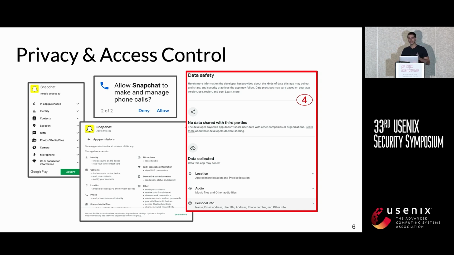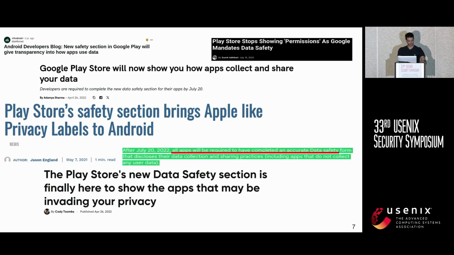So Google decided to integrate a new feature in the Play Store, the Android's data safety section. This new feature provides information about which data are going to be collected and which data are going to be shared with other third parties. At the beginning, Google believed that the data safety section was sufficient, and they replaced the permission list with the data safety section. But they reinstated the permission list because community pushback showed that the permission list was actually useful. So now both the permission list and the data safety section coexist in the Play Store. Also, Google mandates that developers have an accurate data safety section after July 2022.